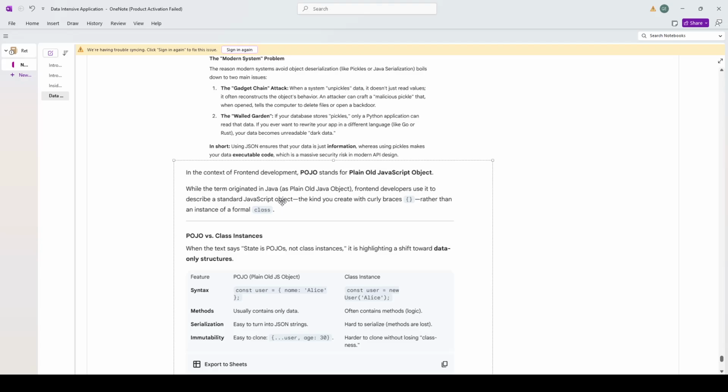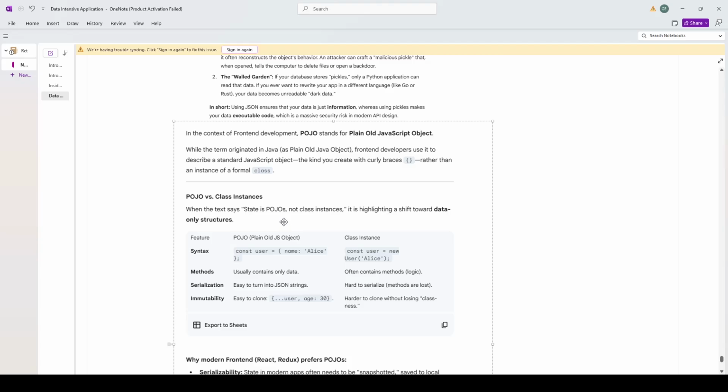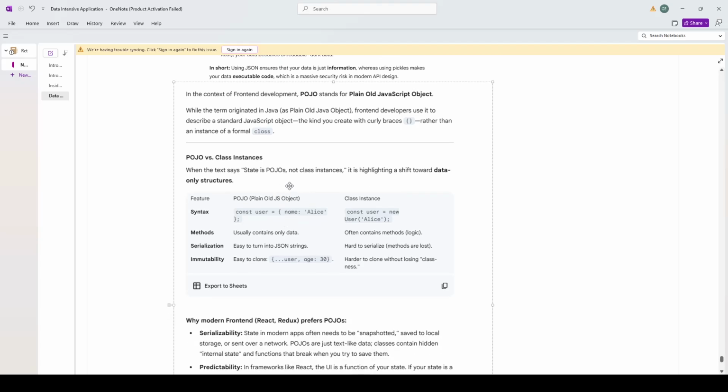In the context of front-end development, POJO stands for Plain Old JavaScript Object. While the term originated in Java as Plain Old Java Object, front-end developers use it to describe a standard JavaScript object, the kind you create with curly brackets, rather than an instance of a class. POJO versus class instances. When the text says state is POJOs, not classic instances, it's highlighting a shift toward data-only